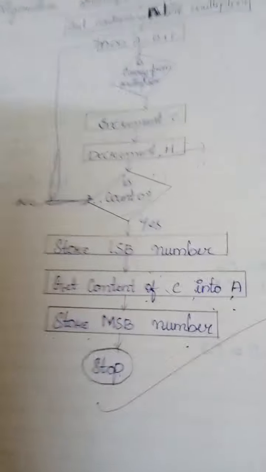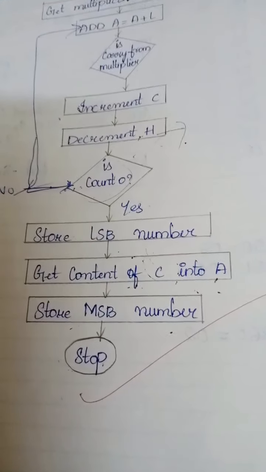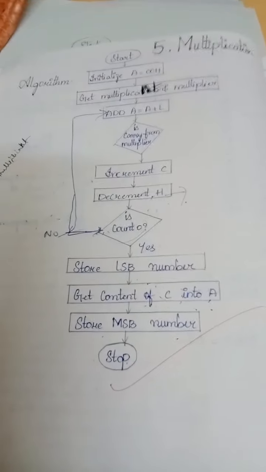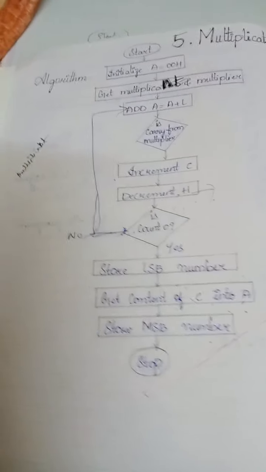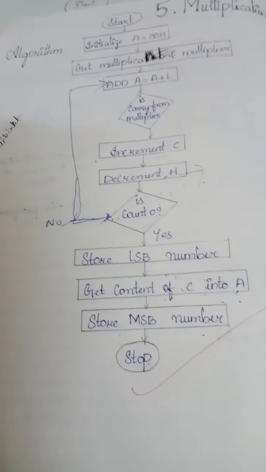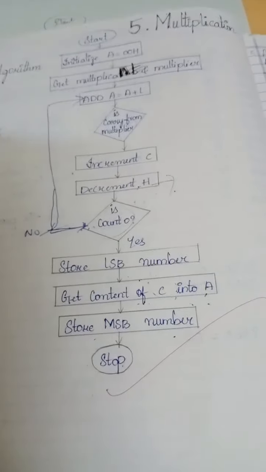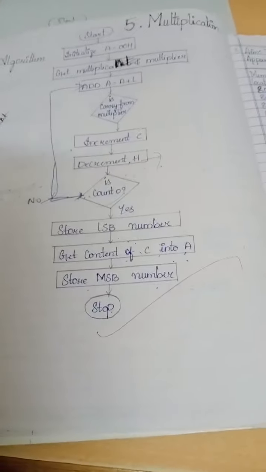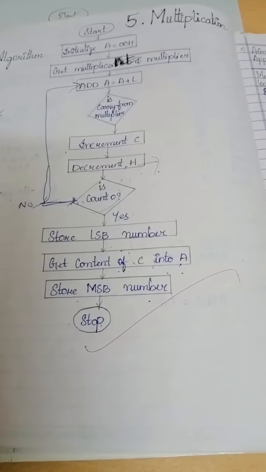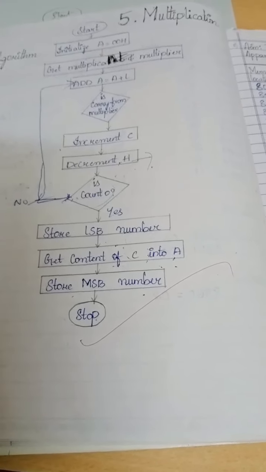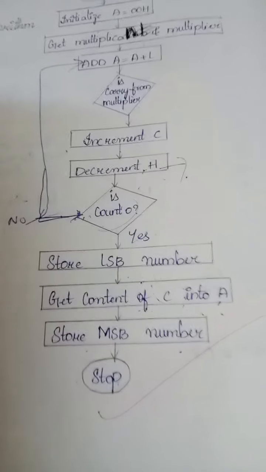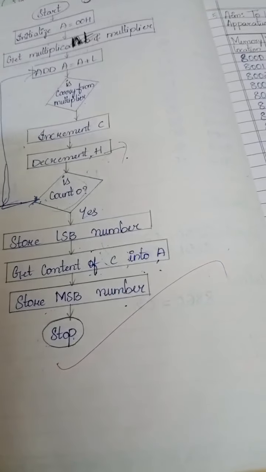So by this we have finished writing the algorithm of our multiplication program. In the next class I will be dealing with the program itself. We will write the program and we will execute the program in the next class. In my next lecture I will be showing you how to write the program. Here I have simply shown you the demo of the multiplication flow chart. Next class I will be showing you the main target, that is our program, how to execute the program and how to write the multiplication program.